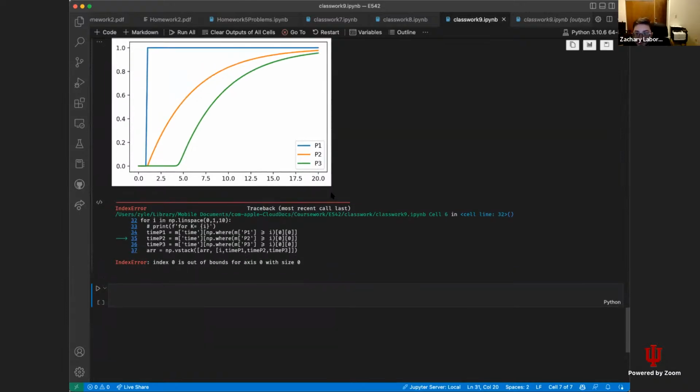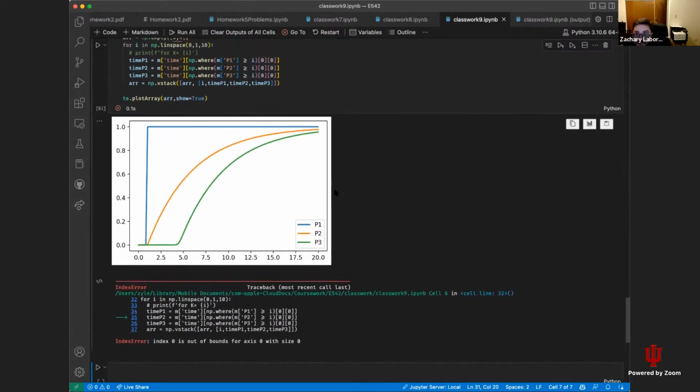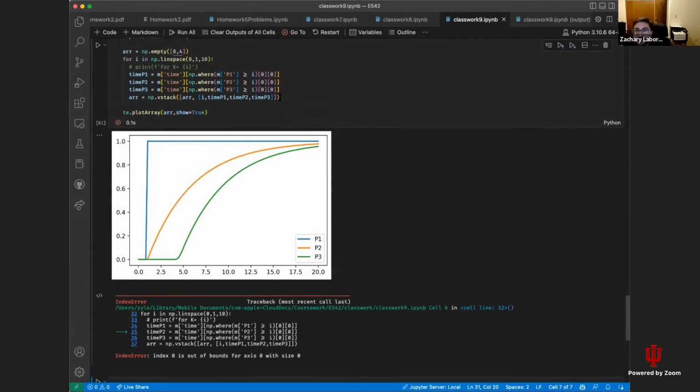Almost there. Index out of bounds for axis 0 with size 0. Okay. Now what's going on? All right. Index is out of bounds. Maybe it was 4. Hmm. Let's look up empty. Let's see what the